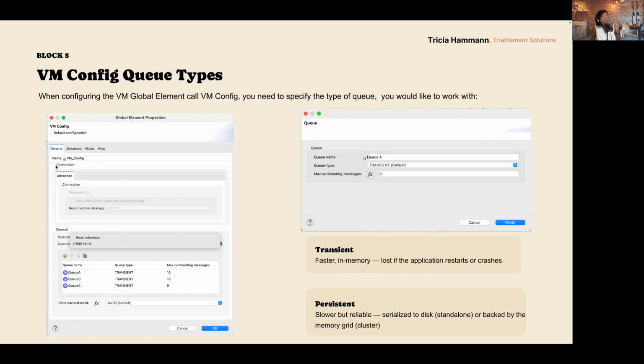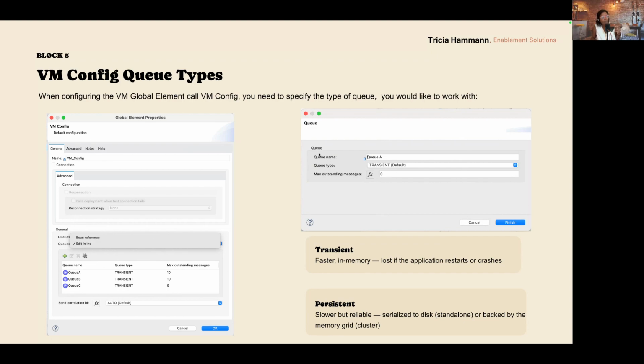So usually we go directly to the general section, and per default, we see the value being referenced. In case you would like to create the queues and select the queue type, you need to change this configuration to edit inline. This will allow you to create the queues, select the queue types, and set up the max outstanding messages. And when you do this, you can configure this information in the queue window.